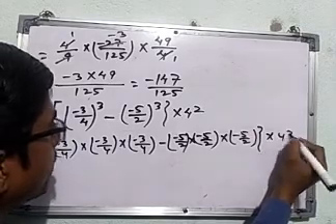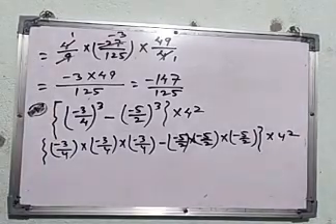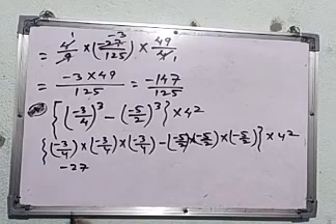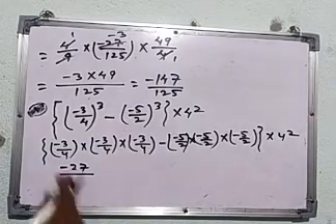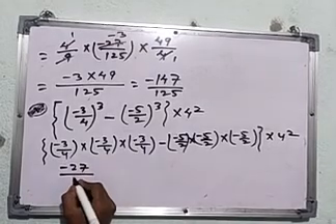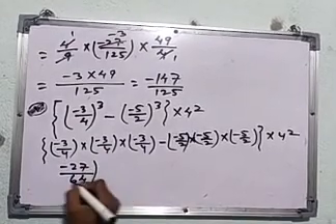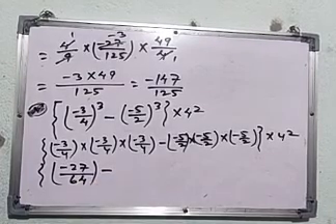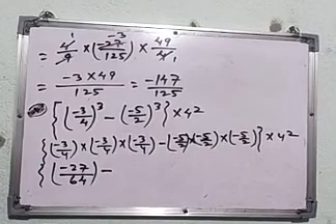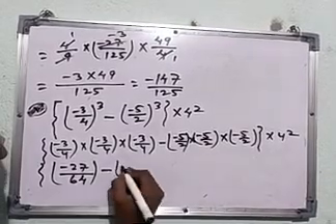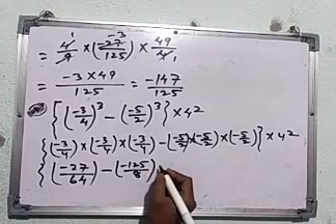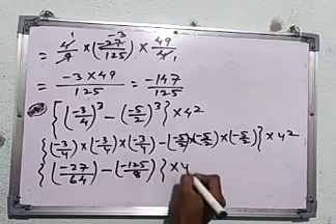into 4 square. So if you multiply 3 threes are 9, 9 threes are 27. So here you write minus 27 by 4 fours are 16, 16 fours are 64, and minus 5 fives are 25, 25 fives are 100, 25 by 2 twos are 4, 4 twos are 8 into 4 square.